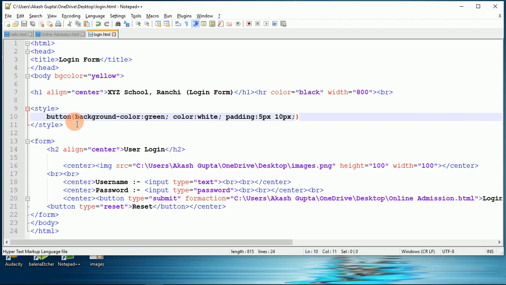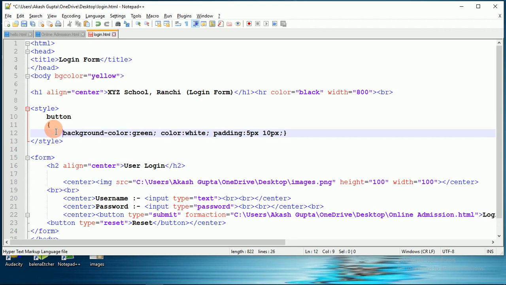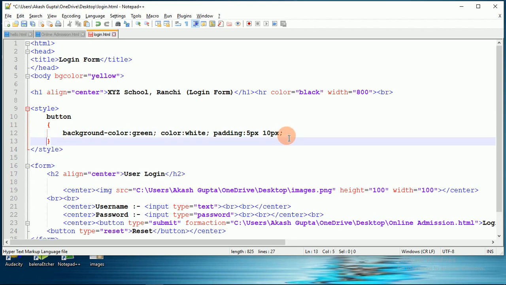So here I had written the tag which I want to customize, and then we have to open the curly braces. Under those curly braces we will write our properties and values, whatever we want to change.